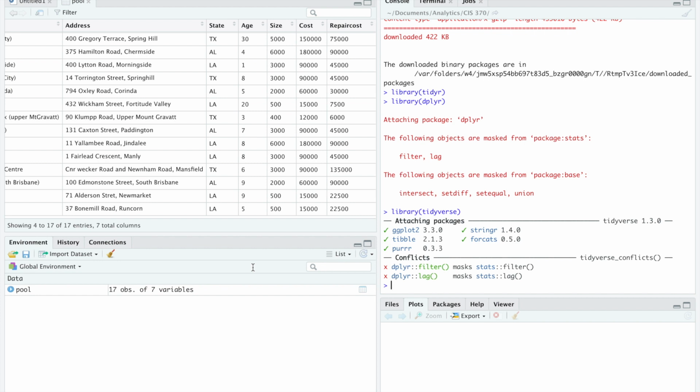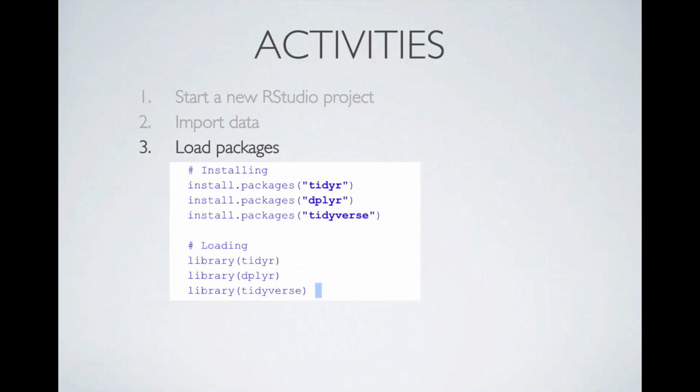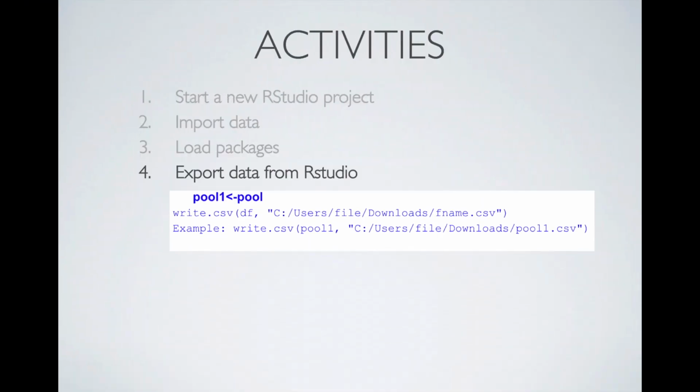Next, we're going to be looking at how to export data from RStudio. We just grabbed something from outside RStudio, now let's return it back out. Here you can see the code I will be writing. We're going to define a new data frame called pool1, and that's going to be identical to the data from pool. And we're going to be writing that data using the code write.csv, writing pool1 and the path of the data